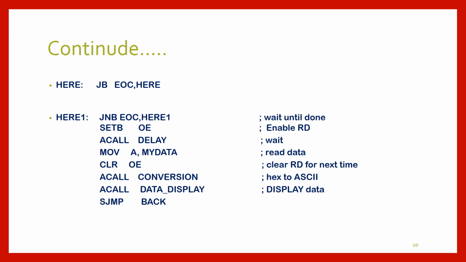For that you have to use an LCD program in between, and then that conversion program will display. For display purposes there will be one more routine from the LCD. So two programs additionally we will need: a hex to ASCII conversion program and an LCD display program, when you are interfacing the LCD display with the 8051, as I have shown in an earlier slide, that particular diagram that you have to connect for observing the display. This way you can work it out, and in embedded C you can do these things very easily. You can write a simple code and conversion also, and you can have your digitized data.